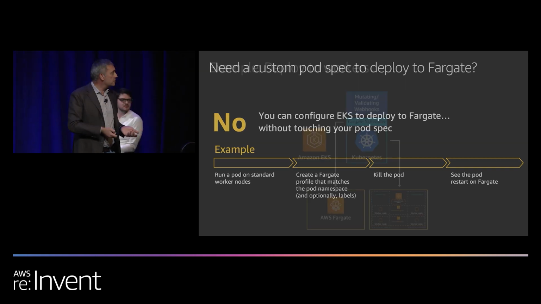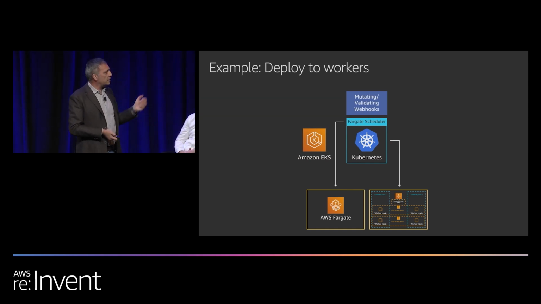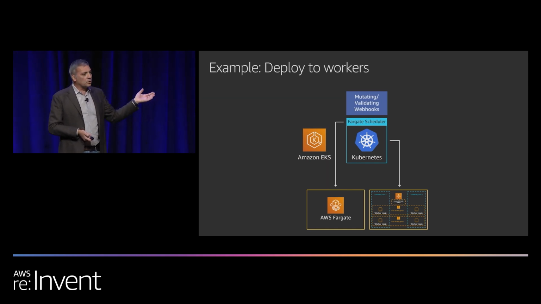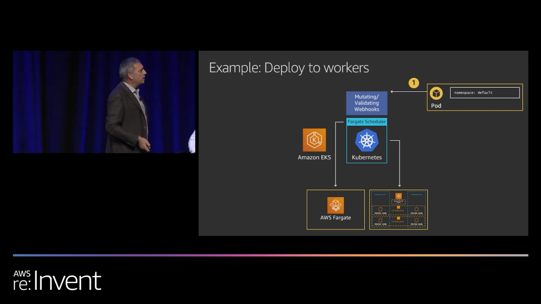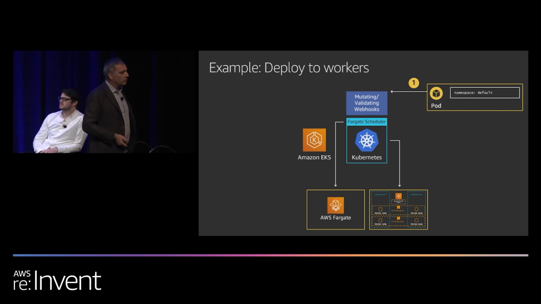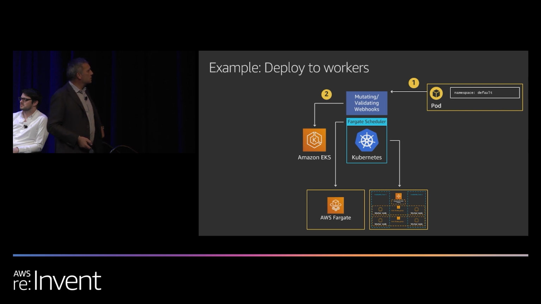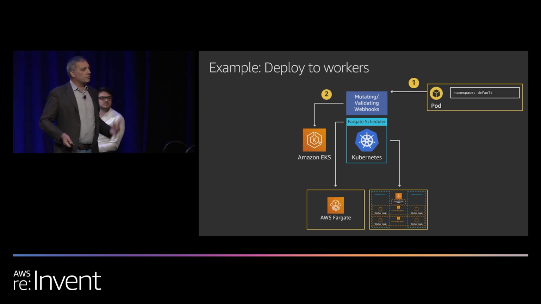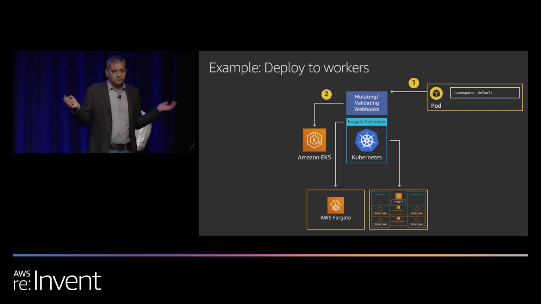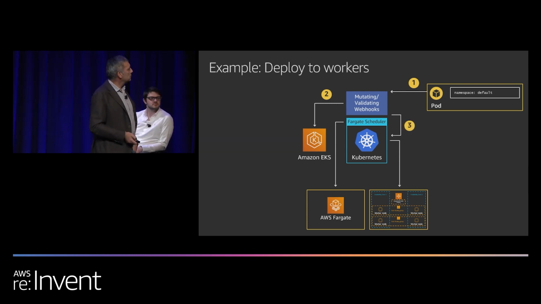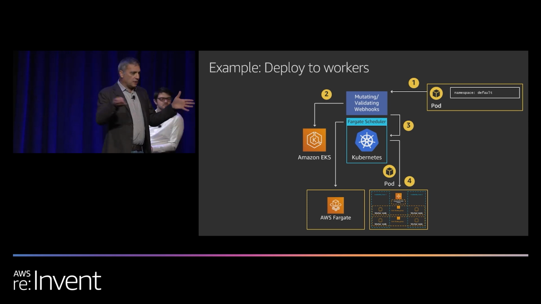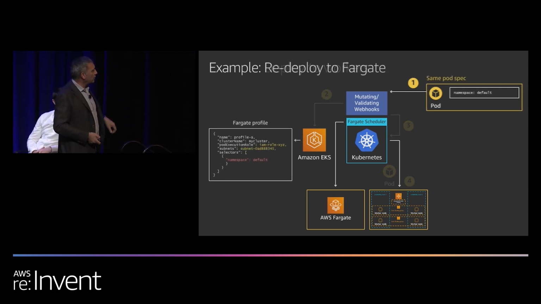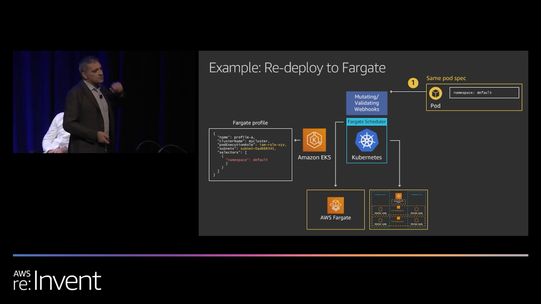So a visual representation of this is this. Imagine that you have a cluster like this, similar to the previous one, but there isn't any Fargate profile defined on this cluster. So I'm coming in, and I'm trying to deploy a pod in the default namespace. Same process. It's going to ask, give me the list of Fargate profiles that you have, and EKS is going to say, oh, I don't have anything here. Okay, let's deploy it on EC2 then. Then what I'm going to do next, as an EKS admin, I'm going to create a Fargate profile that says namespace equal default.